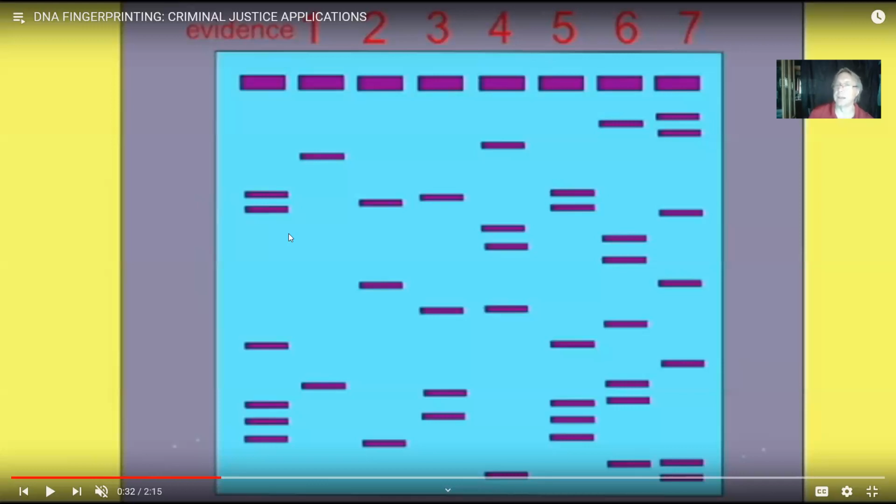The first time that a DNA fingerprint was used in a criminal case, it was used to exonerate someone, to show that they were not guilty. And a number of individuals who have been convicted, even some convicted and facing the death penalty, were later exonerated and set free when it was shown that the jury made